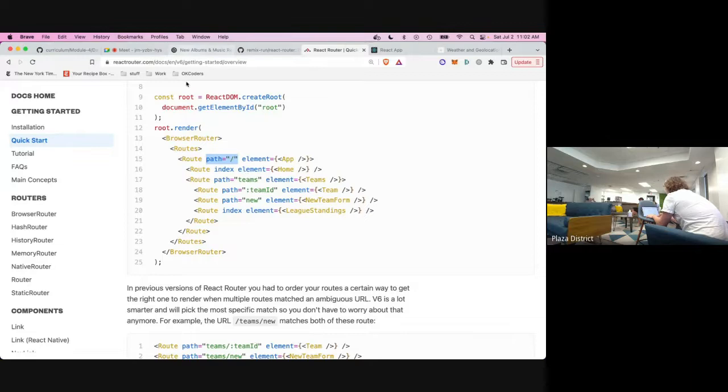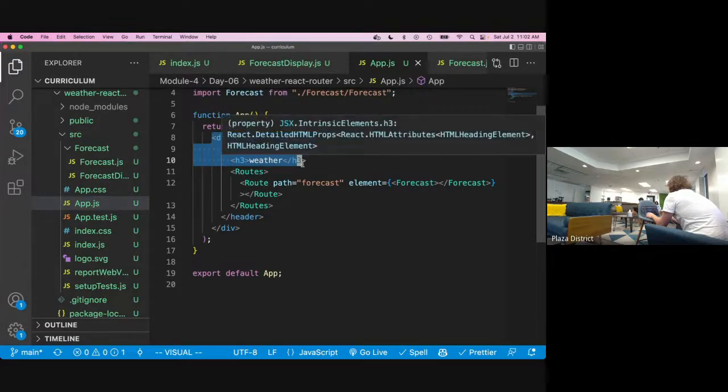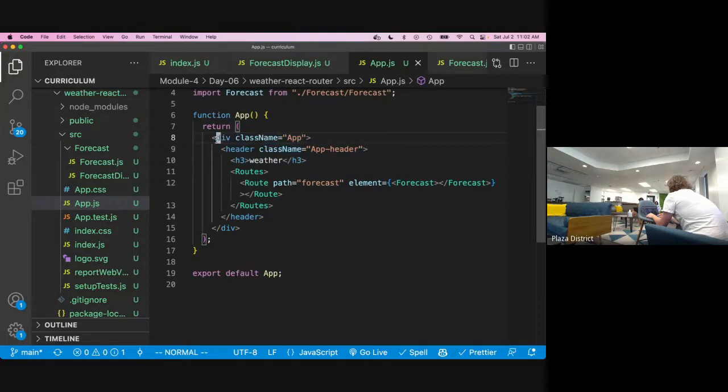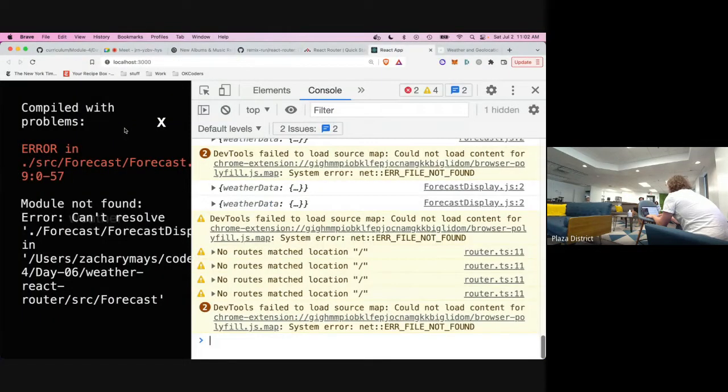Because we've had this H3 showing up. So like when all of this stuff shows up on the page for the root, all of this shows up no matter what, because it's not a part of a route definition. Only the stuff inside this routes is going to be conditionally shown based off the URL. So like no matter what page we're on, we're still going to see